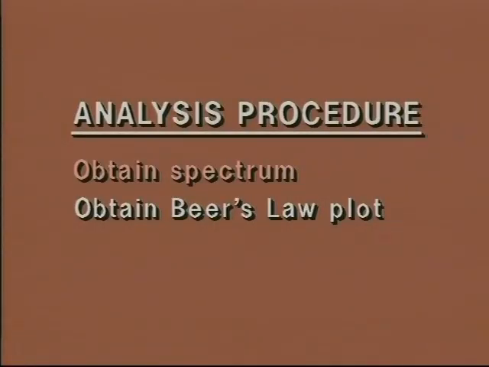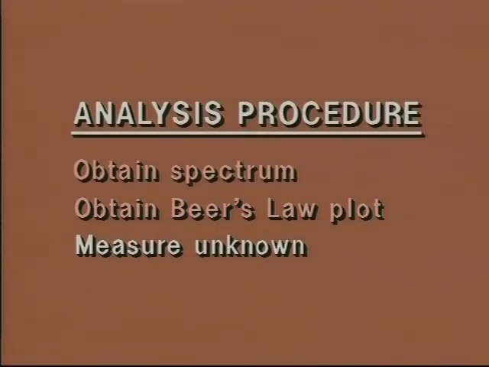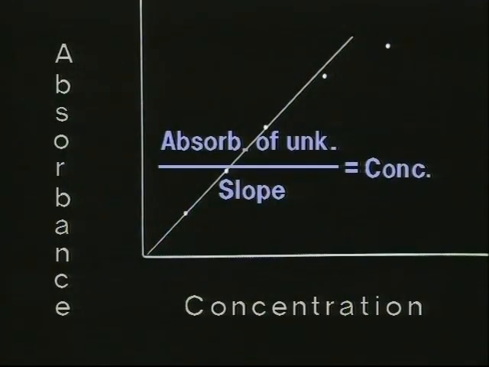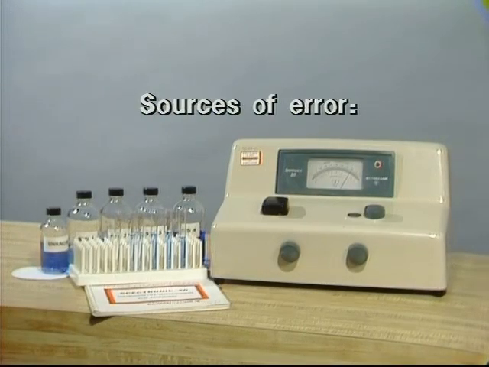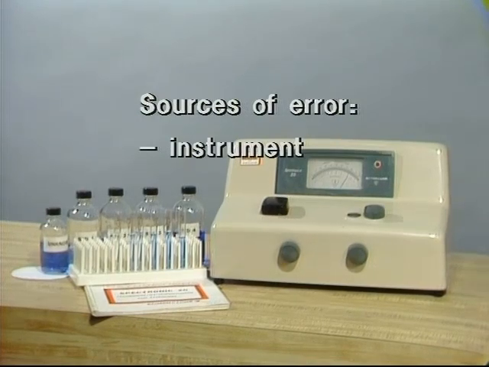The third step in the analysis is to measure the absorbance of the solution of unknown concentration. From the slope of the calibration line and the absorbance of the unknown solution, the concentration of the unknown solution can easily be calculated. Because a measurement is involved, there is some error involved in the determined concentration. The manufacturer can give the reproducibility of the absorbance measurements on the spectrophotometer. This is often of the order of 1 or 2% transmittance. By calculating this error in terms of absorbance, a range of possible absorbances for that measurement can be obtained.